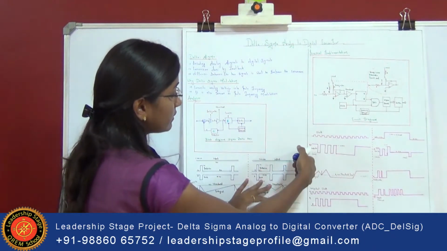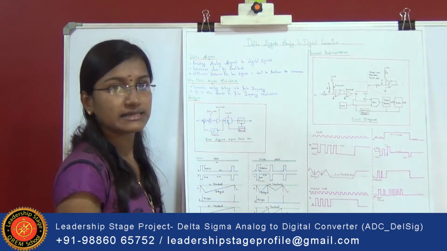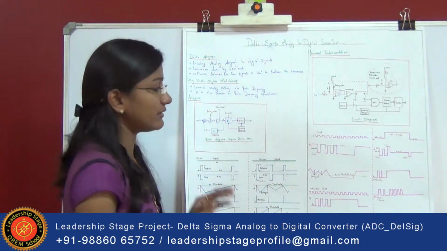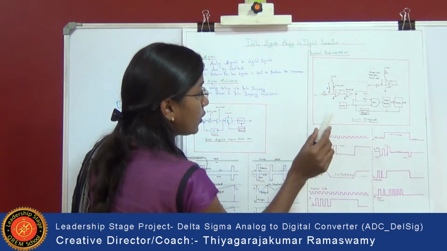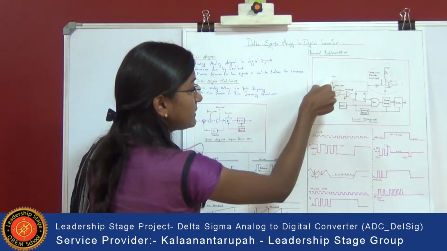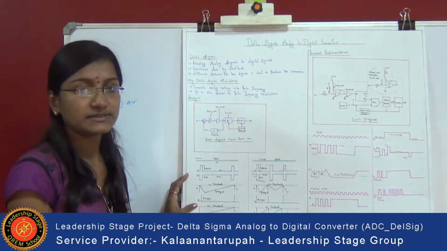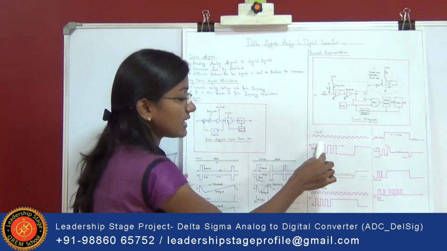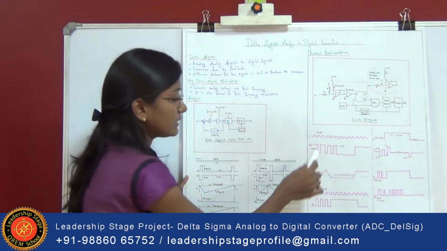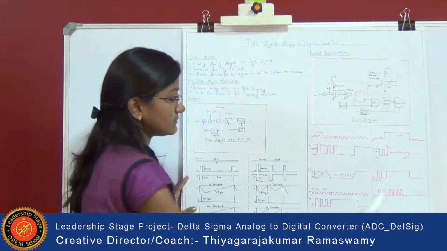Next, we are going to see the impulse pulse. The impulse pulse is nothing but a square waveform, which can be obtained by traversing this feedback loop. Once we traverse this feedback loop, we obtain this impulse pulse. The impulse pulse starts from the positive cycle and goes negative, and it follows.